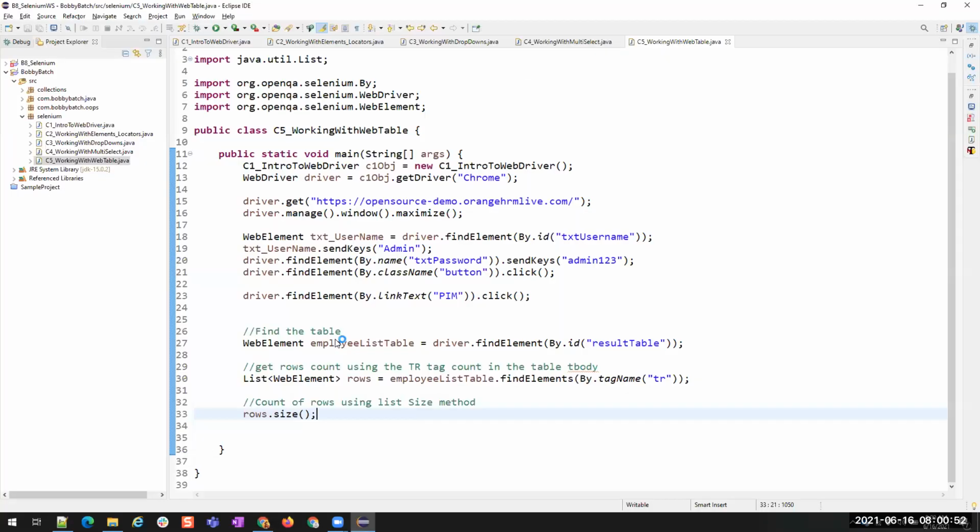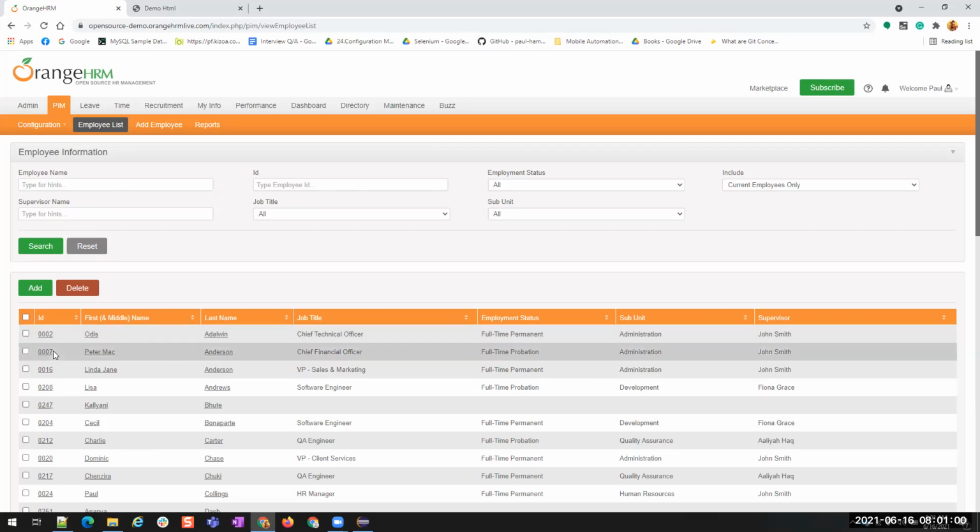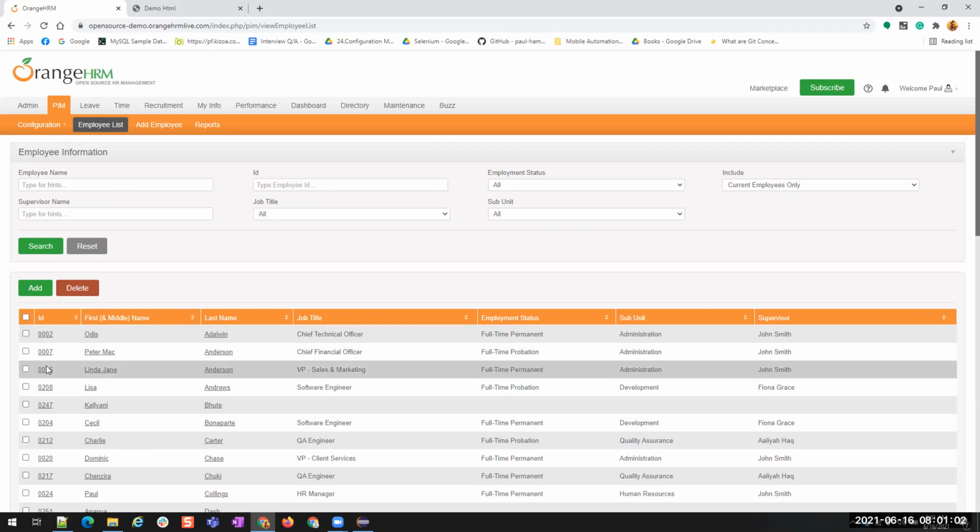So that is why we are going to use a for loop. After this row is done, I have to move to the next row and perform the same operation. Again, I have to move to the next row and perform the same operation.